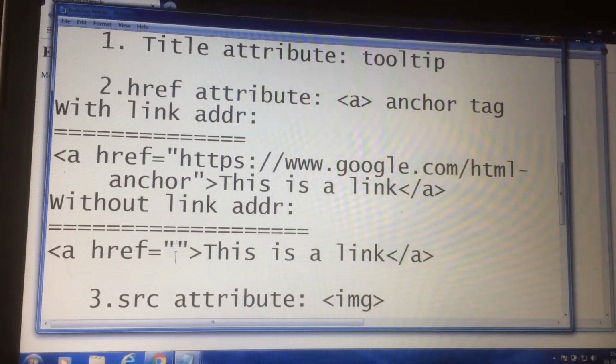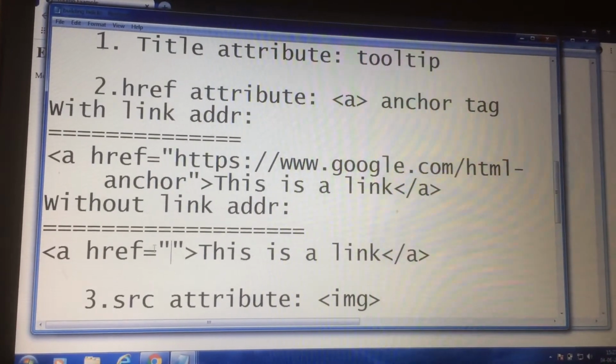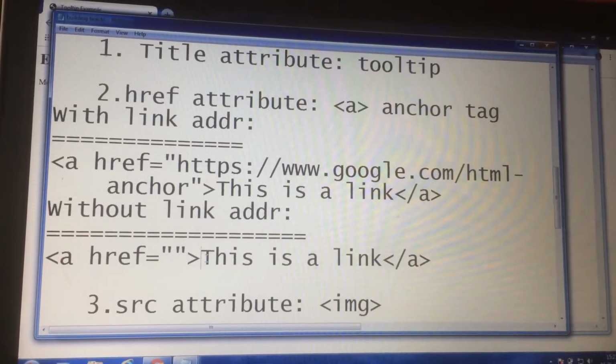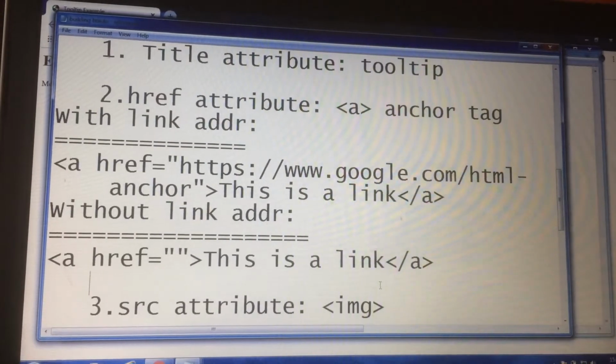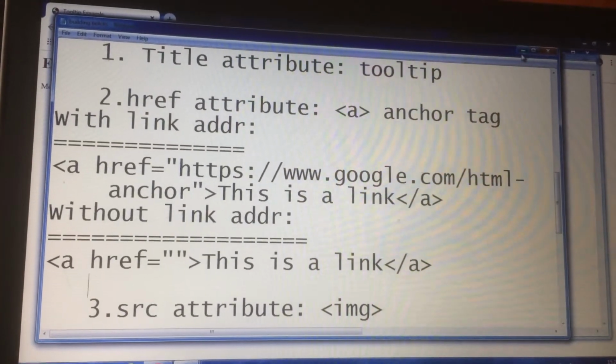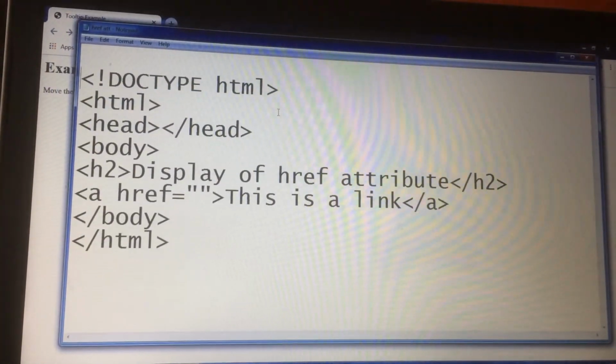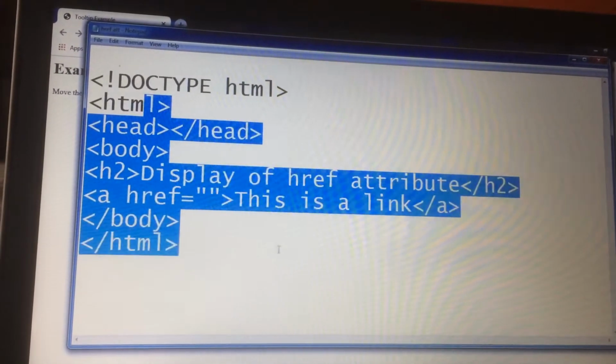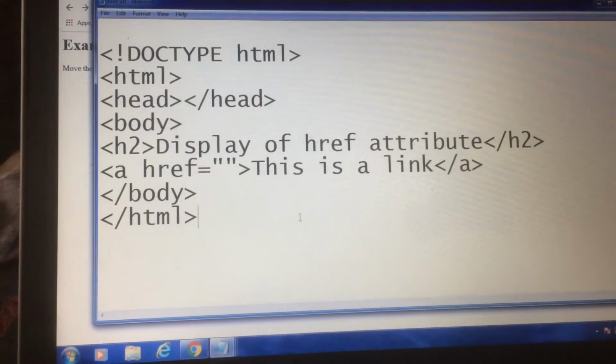We have not given any link in this anchor tag, so nothing appears in the output, only this is a link, it will appear as a hyperlink. So let's see the output of this program. See, this is the example for anchor tag without a link.